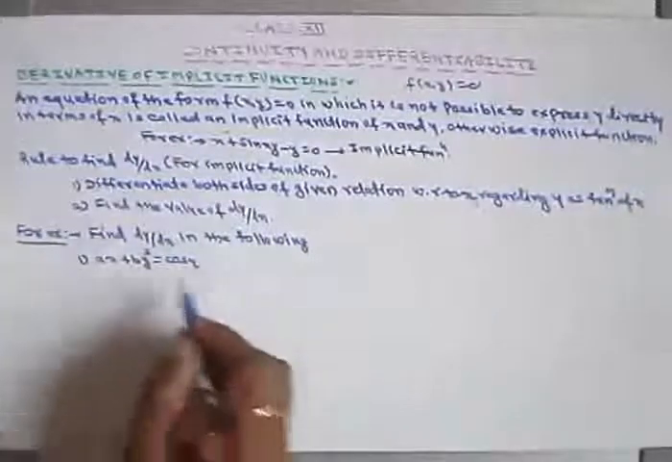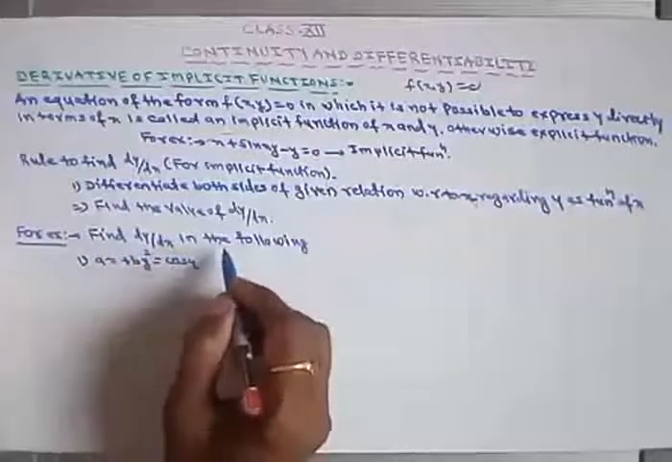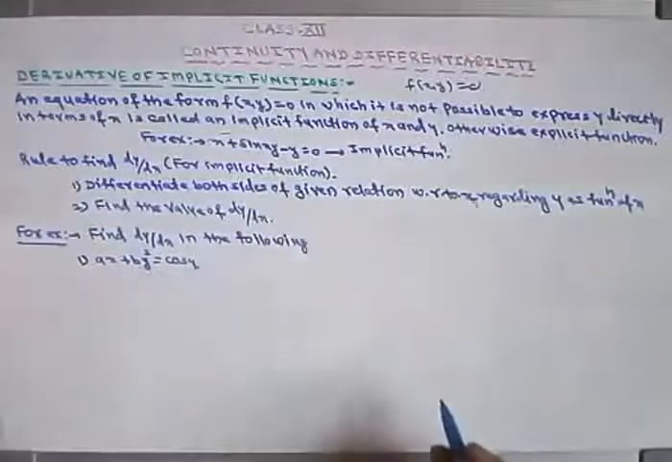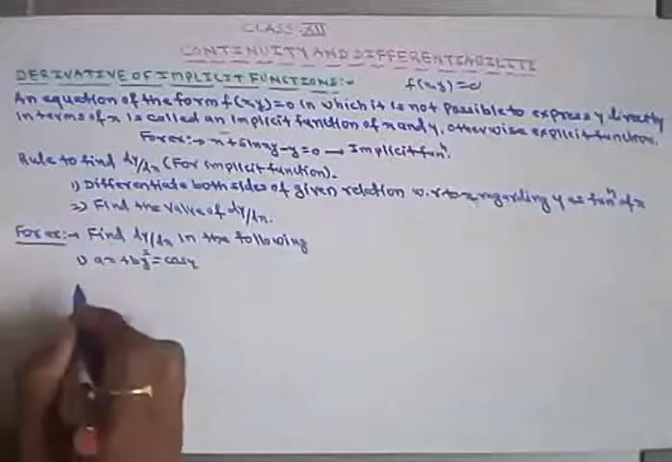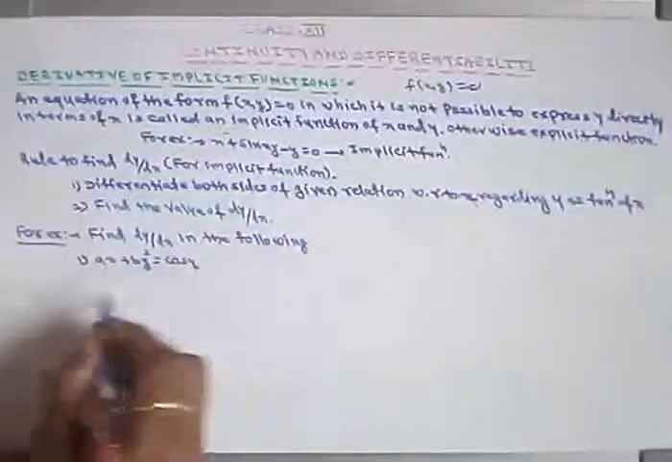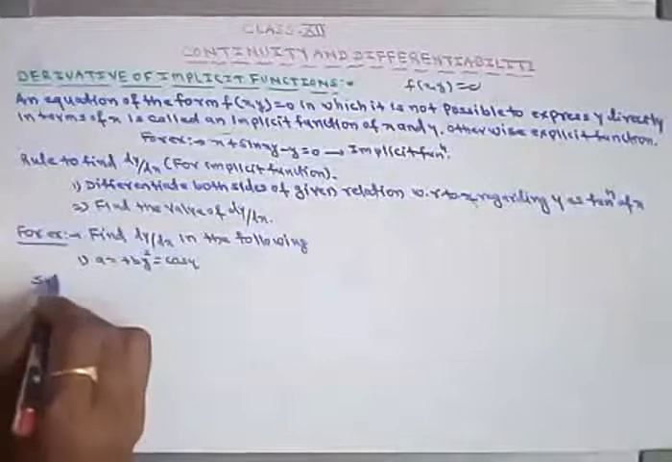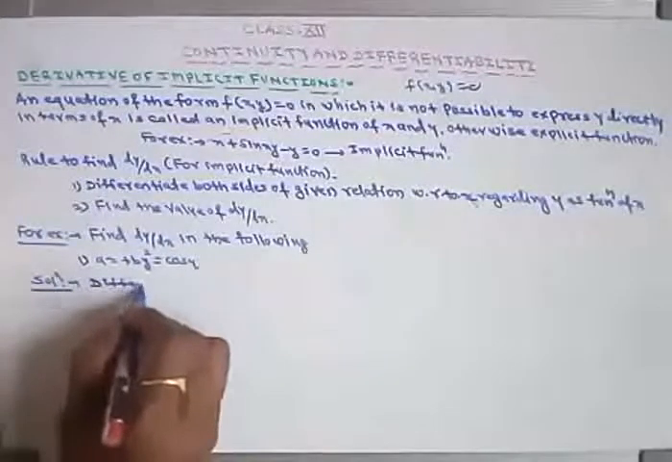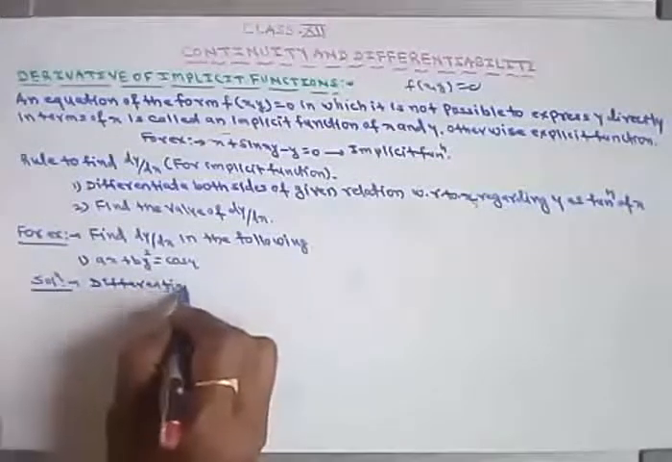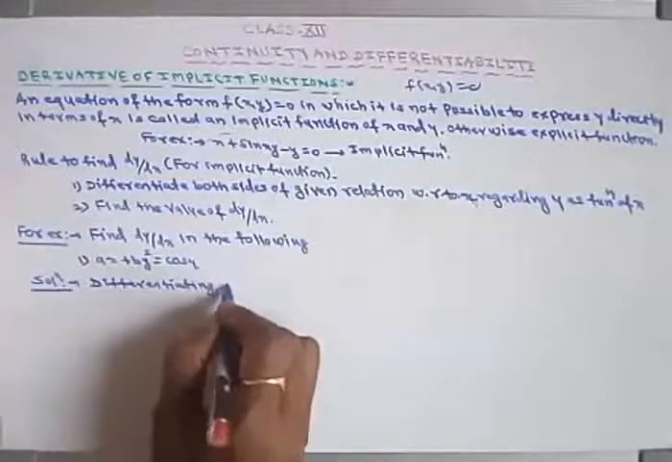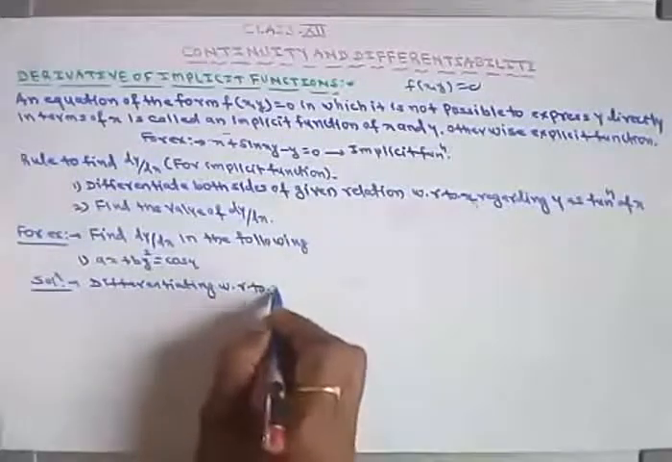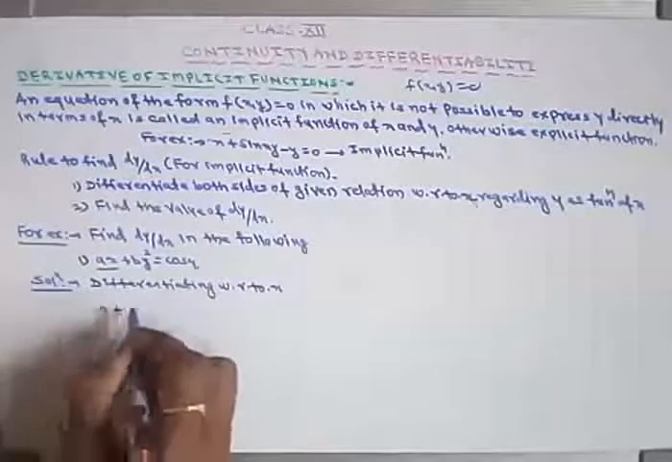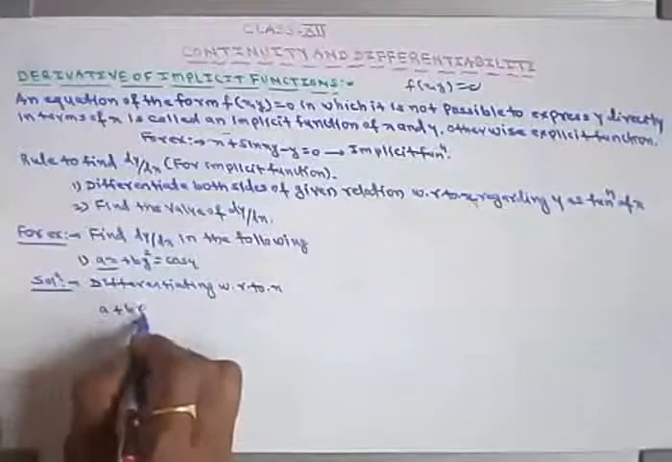Okay, take an example. Find dy by dx in the following. Number 1, ax plus by square equal to cos y. Okay, so we can directly differentiate here. The solution, differentiating with respect to x. So student, derivative of ax is a plus b is constant number, and you know that